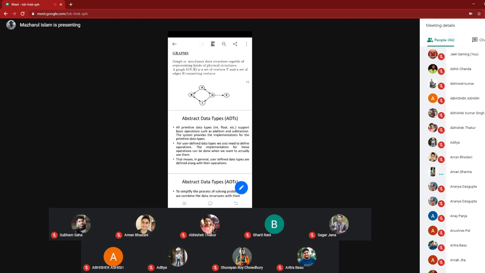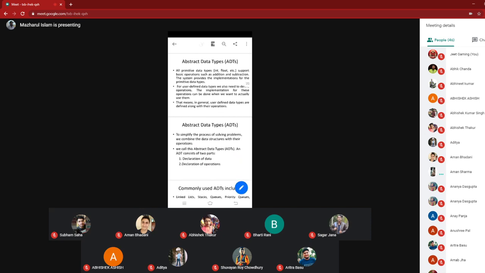Now another basic important thing is the abstract data type. You must know the definition of the abstract data type. If you learn Java, C, C++ or any other programming language, you will hear the name abstract data type.